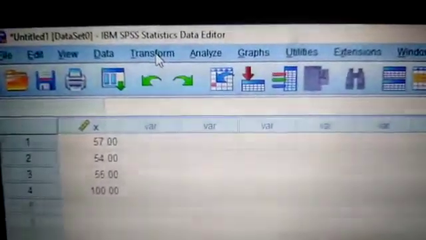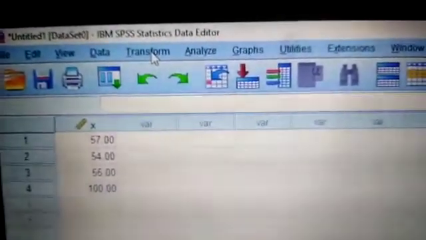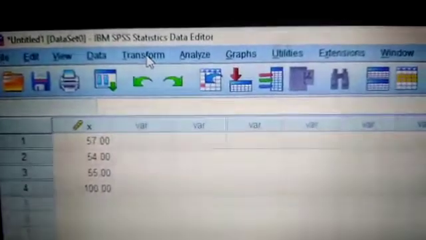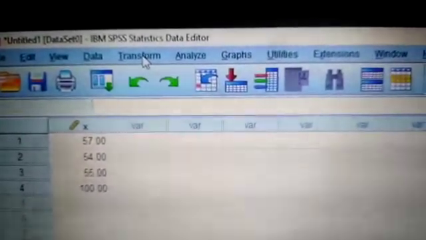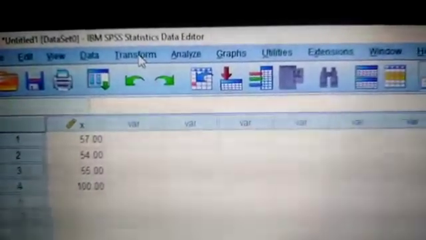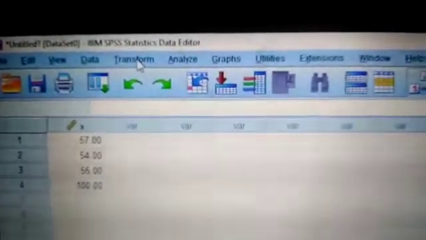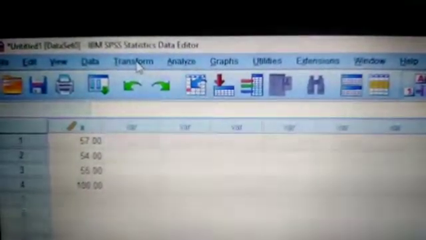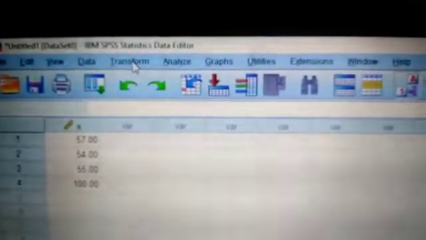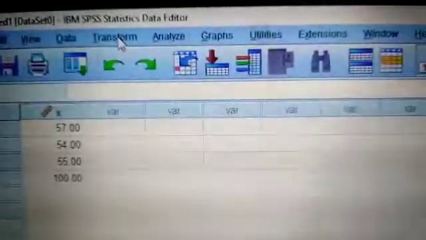Here is the data. I have already entered the data. I have assigned all the values to the random variable x at a time. You can also assign the values one by one to random variable x, but in this case you have to repeat all the commands each time. Now what will we do?